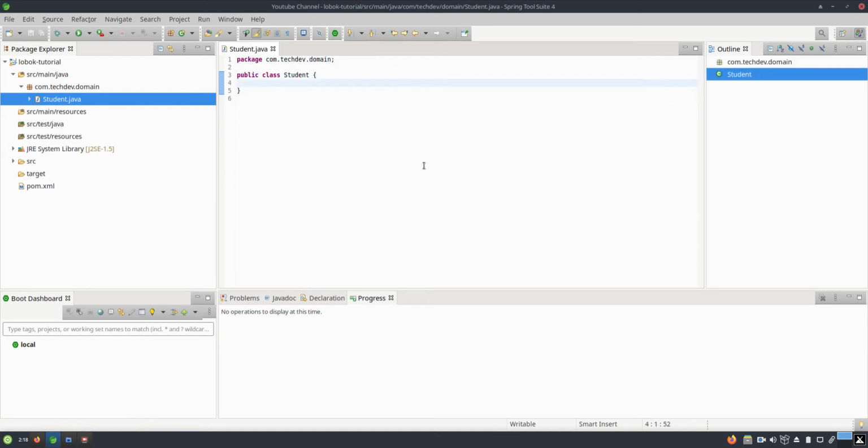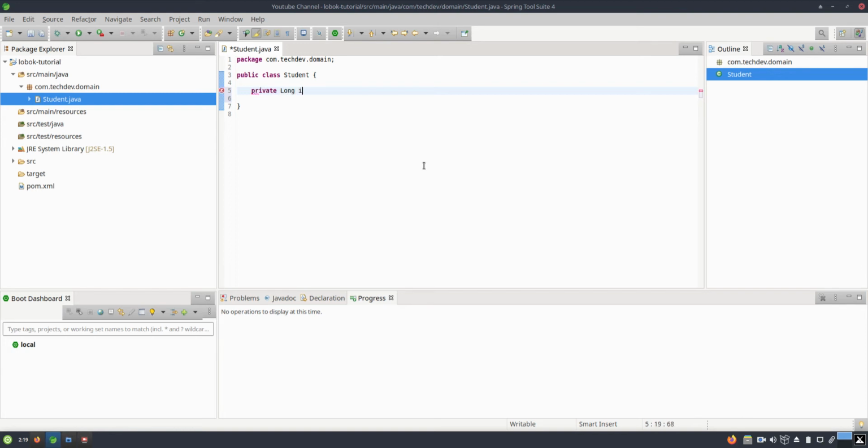So let's see what we do before using the Lombok repository. If we are not using any Lombok repository, what do we generally do? So let's start. This is a student class and it will have all the properties related to the students, like their ID, first name, last name, mobile number, roll number and all these. So let's create some properties in this class.